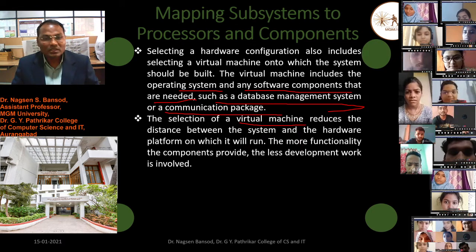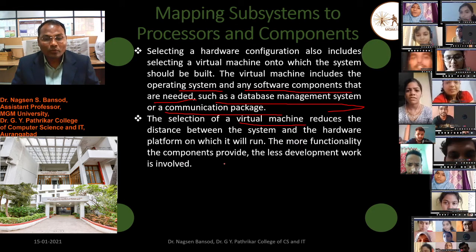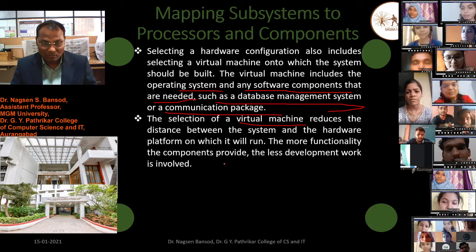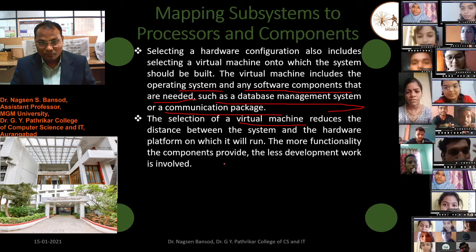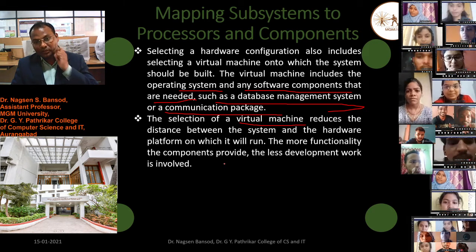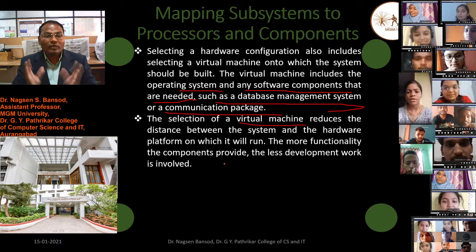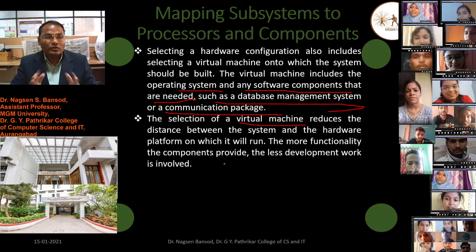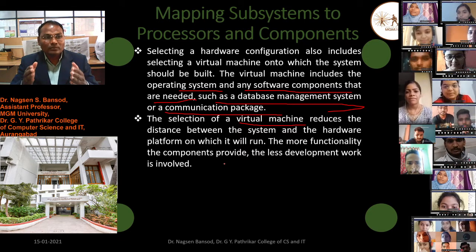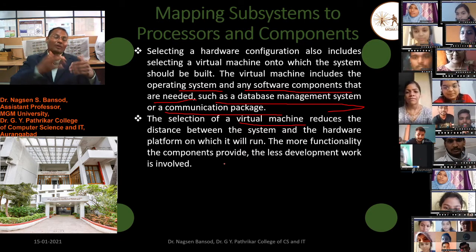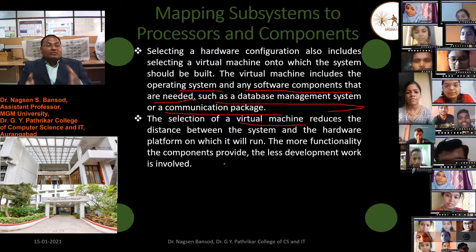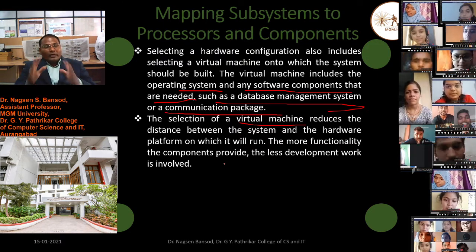The more functionality the component provides, the less development work is involved. Here we get more functionality from less work. Similarly, through this computer we can use other functionalities of the software. We can use the Linux operating system in this computer, though now we are using Windows.